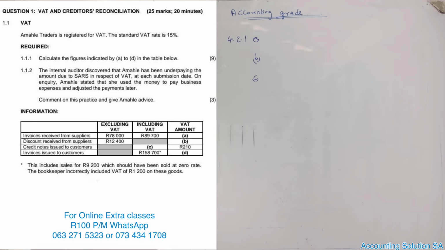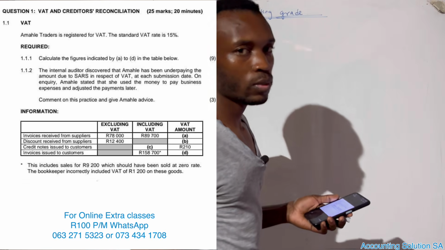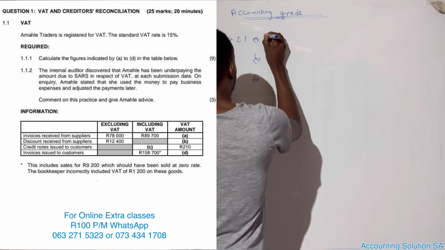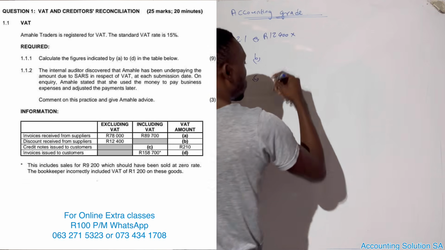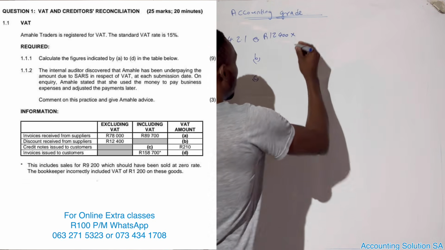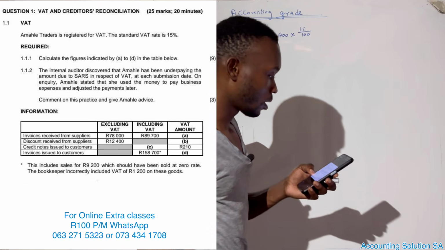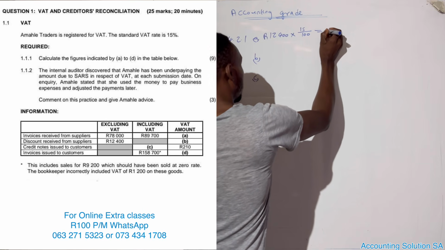Now, number A, they want us to calculate the VAT amount. And the amount that was given was VAT exclusive of 12,400. What do we do to calculate VAT if we are given VAT exclusive? It's very simple. 12,400 multiplied by, because we are looking for VAT which is 15%, we're going to put 15 on top, and on the bottom we're going to put 100 because we have exclusive. Which is going to give us an amount of